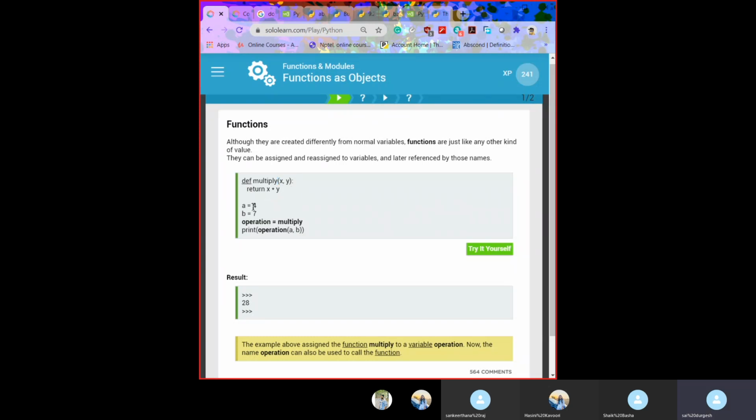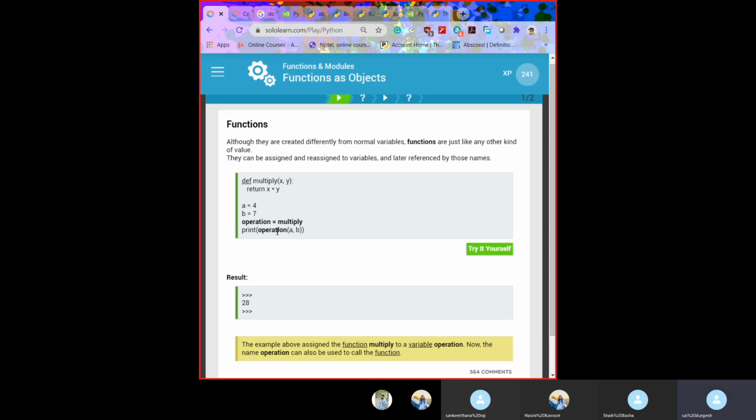If a equals 4 and b equals 7, which can be our own user-defined inputs, then operation equals multiply. Here he simply defined a variable to use the defined function.